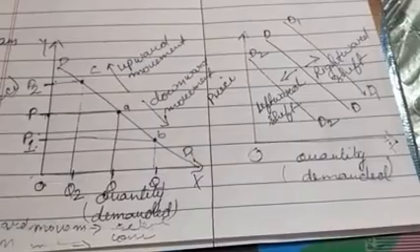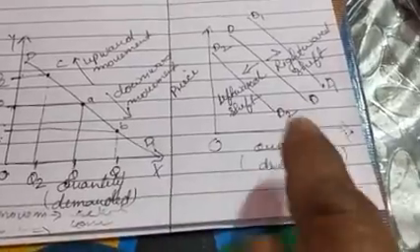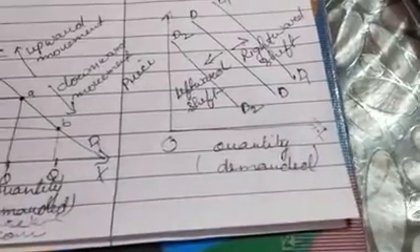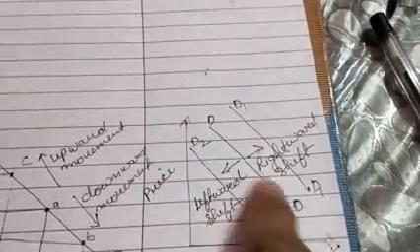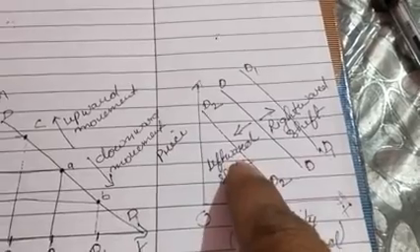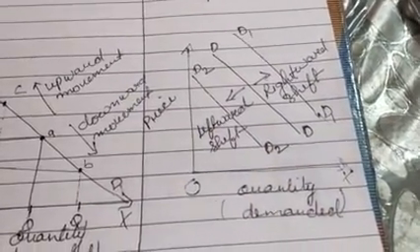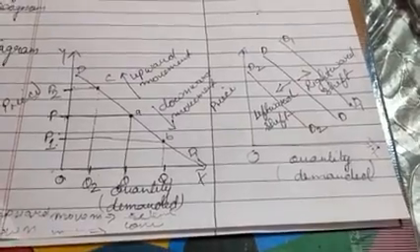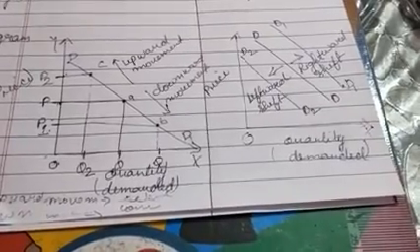Is it clear to all of you? Okay, now below the diagram of shift in demand you write: rightward shift of the demand curve from DD to D1 shows increase in demand, and leftward shift of the demand curve from DD to D2 shows decrease in demand. Is it clear to all of you? So this much you people have to complete. This is the last topic of your second chapter, movement along the same demand curve and shift in the demand curve.